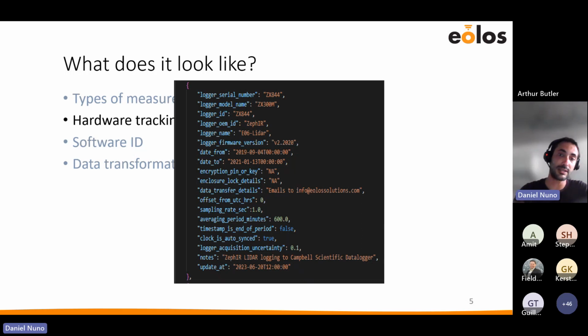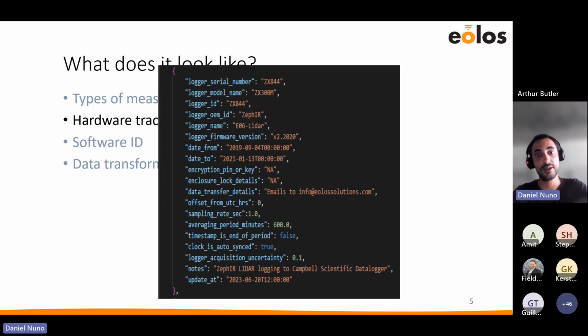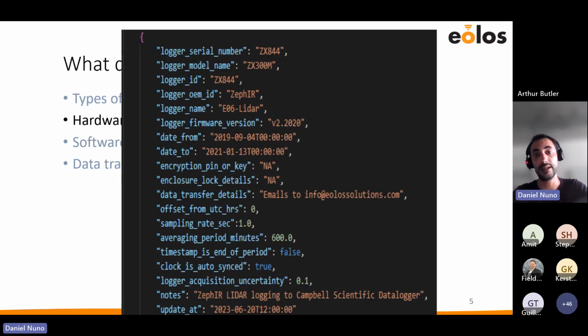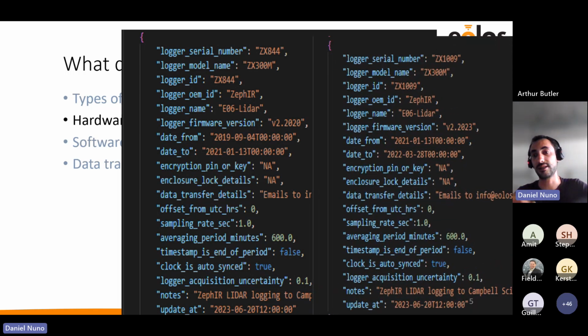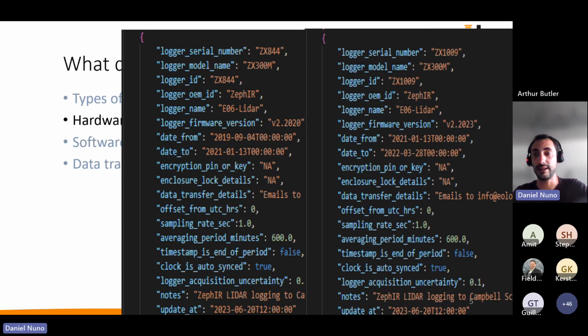For example, here we can see the first lidar information with its serial number, the firmware version, and the dates when it was active. And then we can see also the second lidar with its dates. It also changed the firmware, it was updated, the averaging period, also a lot of information that we usually provide